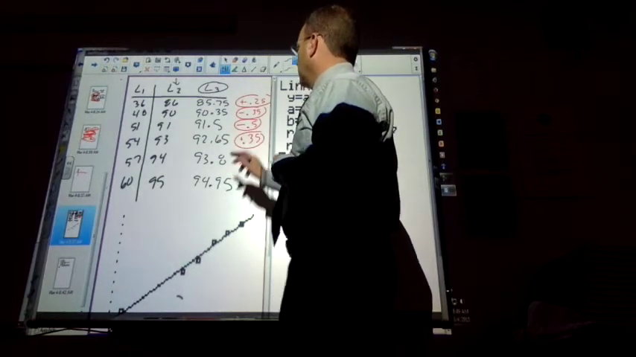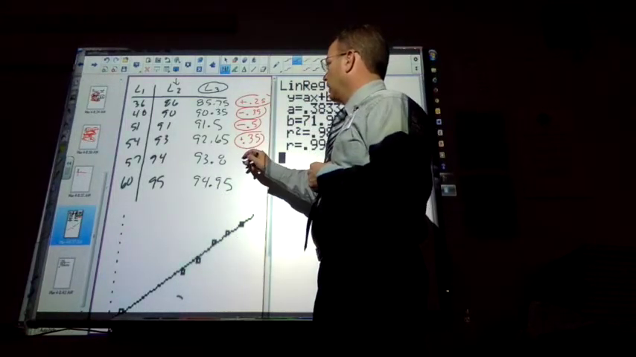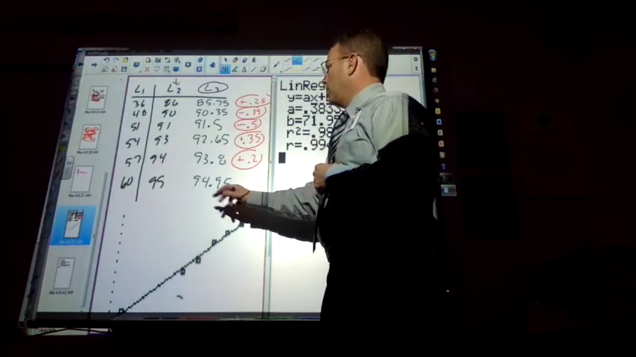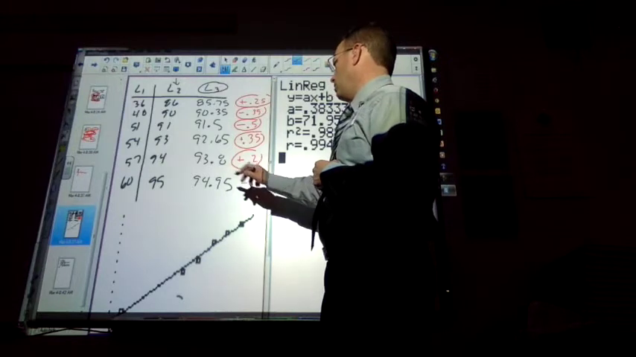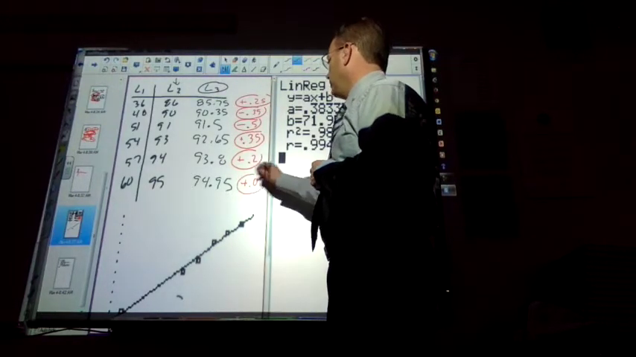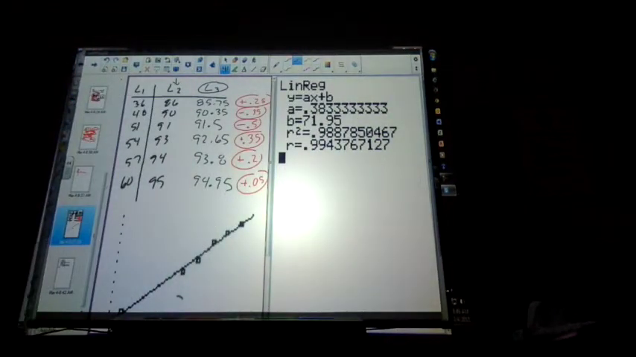That's positive, so I'm a little bit above this line. And then I'm going to subtract those, and I'm going to get positive 0.2. So that's a little bit above it. And I'm going to subtract those, and I'm going to get positive 0.05. So I'm a little bit above it. So if I add those values together, being positive or negative,